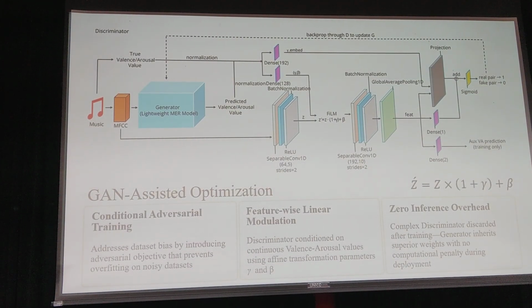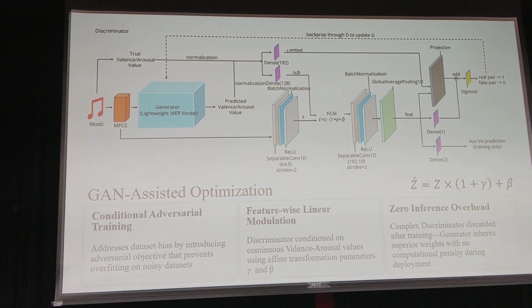To address database limitations and effectively improve the model accuracy without increasing the parameters of the final inference model, we introduce a GAN-assisted optimized phase. During training, our regression model acts as the generator, while a discriminator evaluates the prediction against the true human